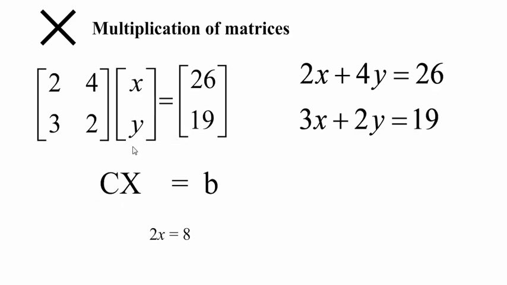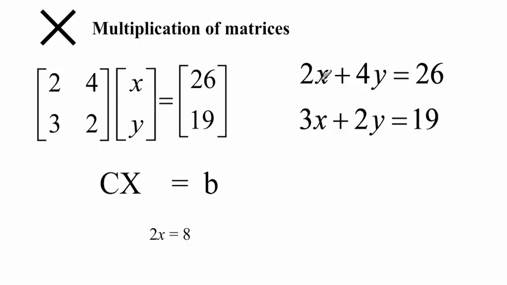However, in the way we introduced the matrices, we note that in this kind of setup, matrix multiplication is already suggested by looking at C, the matrix of coefficients, multiplying the matrix of unknowns and equaling the right hand side. We get a type of equation very similar to 2x equals 8, which most of us are familiar with. Why am I saying that matrix multiplication is suggested here? Because of what we did to rearrange this information. If you look at how it was rearranged to this form, the multiplication of matrices is already suggested here,